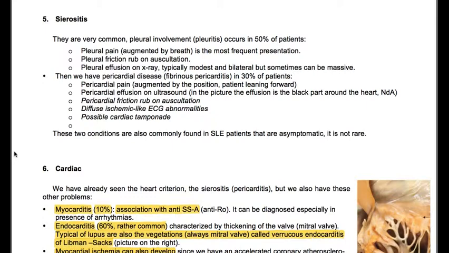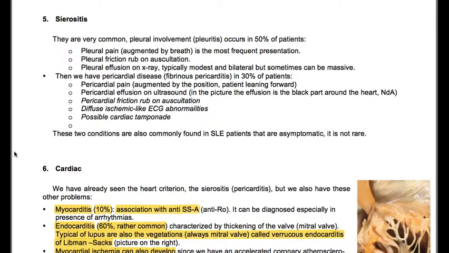Then we have pericardial disease, which is fibrinous pericarditis in 30% of patients. It can be pericardial pain augmented by the position, patient leaning forward. Pericardial effusion on ultrasound. You have pericardial friction rub on auscultation. Diffuse ischemic-like ECG abnormalities, possible cardiac tamponade. These two conditions are also commonly found in SLE patients that are asymptomatic. It's not rare. Cardiac manifestations are,